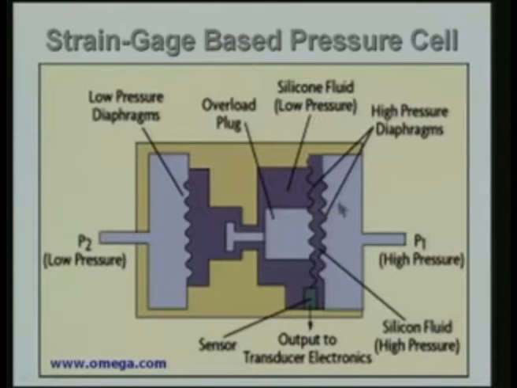Now, in other words, you see here that the pressure difference P1 minus P2 is communicated to a diaphragm, and the diaphragm is going to undergo a strain, and that strain is what I am going to measure by using the sensor. The sensor is nothing but a strain gauge mounted on the diaphragm, and then what I am going to measure is the deflection, and this deflection is related to the pressure difference P1 minus P2.